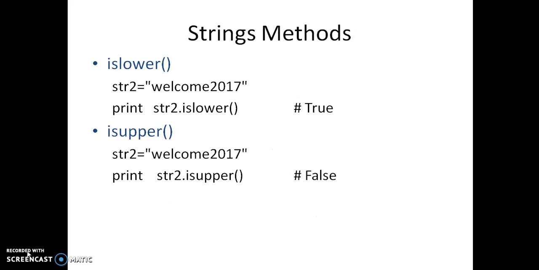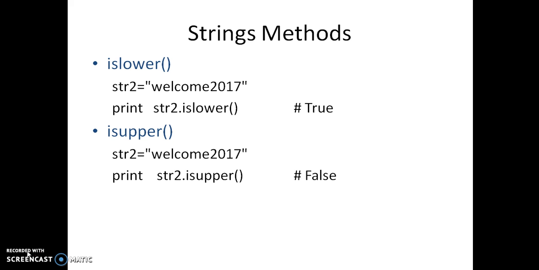Okay, these are some of the string methods that are available in Python. Other than these, we have a number of other functions, like the len function to find the length of a string, the upper function to convert the string into uppercase, and the lower function to convert the string into lowercase. There are a number of other methods which we can use to work with strings.